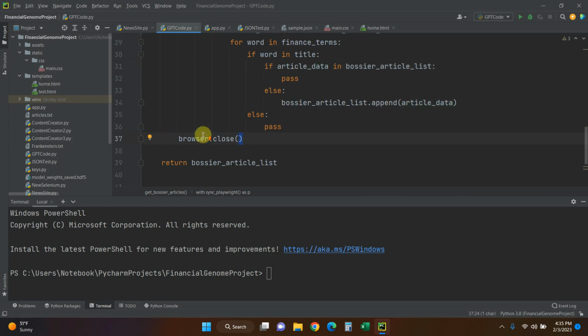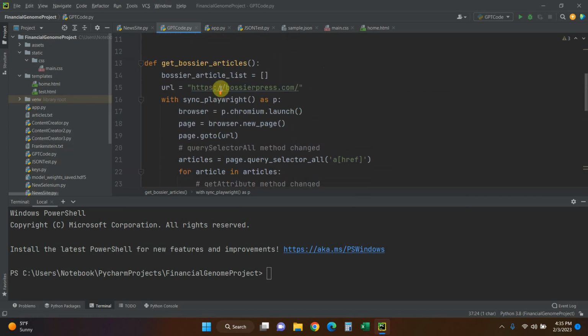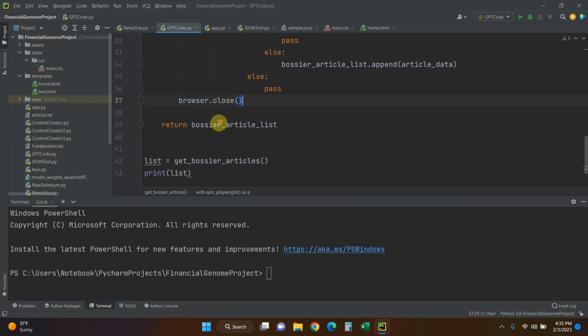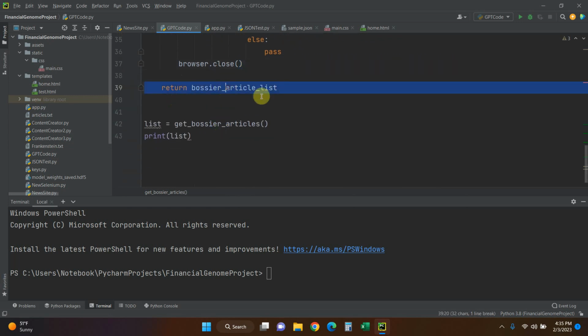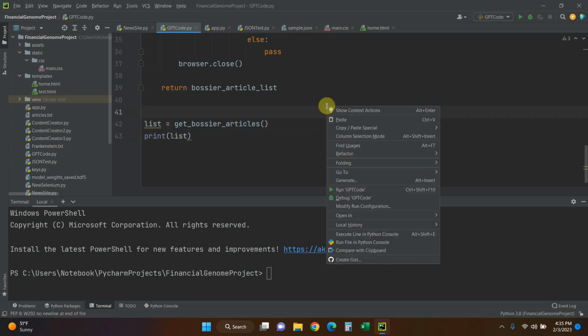Then we're going to close, right? We're going to close this right here with sync as p, and then we're going to return the Bossier article list. And just for your purposes, this isn't how I'm using it in my website, but list equals the function, and then we printed the list. And so now we can run it